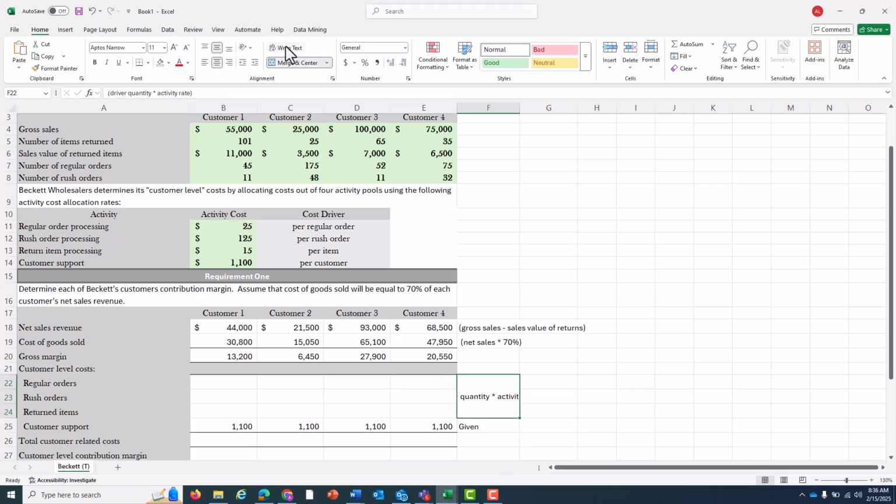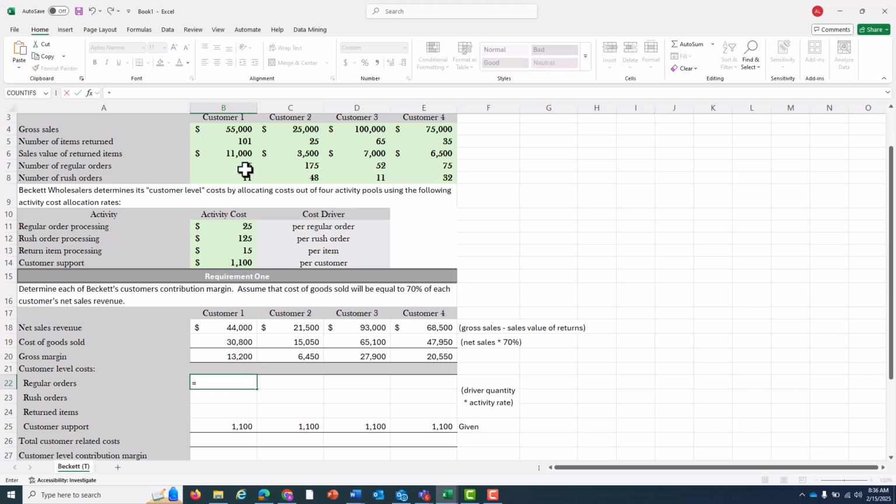And go wrap text on so it's all visible. There we go. So for regular orders, the rate is $25 per regular order, and we have the number of regular orders that each customer made. So for customer 1, I'm going to take the 45 regular orders that they made and multiply by the $25 cost we incur for fulfilling a regular order. And processing regular orders cost us $1,125 for the sales that we made to customer number